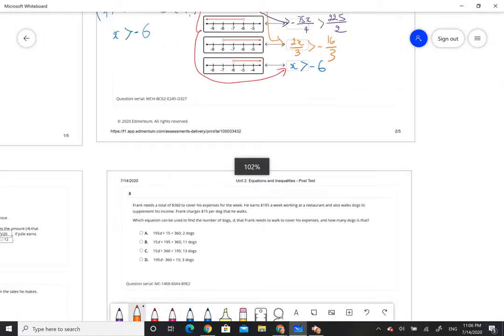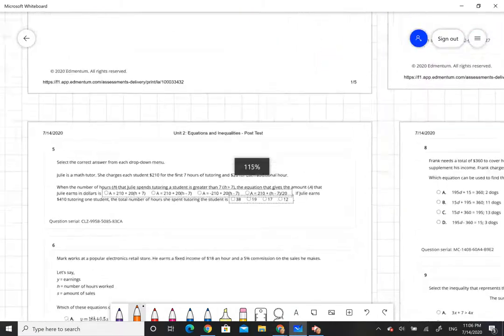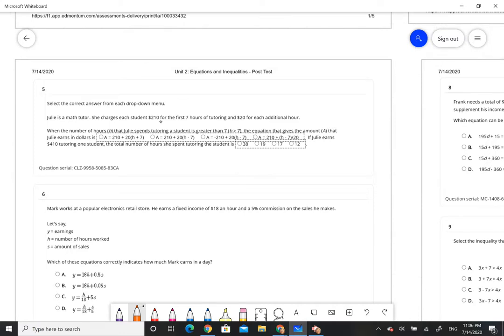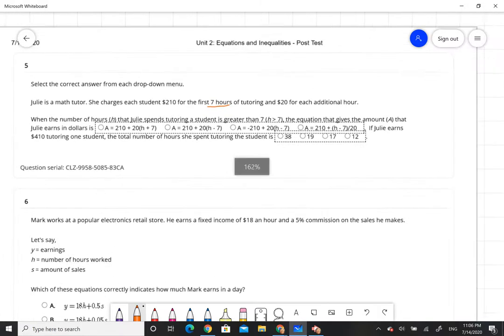Let's go with number 5. Number 5 says, select the correct answer from each drop-down menu. Julie is a math tutor. She charges each student $210 for the first 7 hours of tutoring and $20 for each additional hour, right? When the number of hours, which is H, that Julie spends tutoring a student is greater than 7, that means H is greater than 7, the equation that gives the amount A that Julie earned in dollars is, so remember,